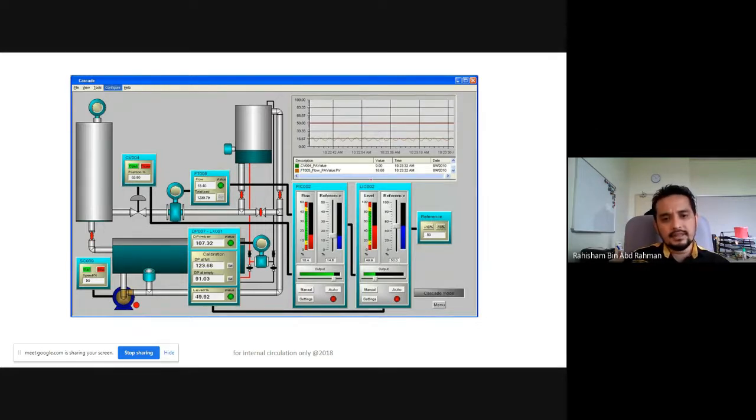Okay, this is rather complicated, several processes in one diagram. We have the water level here, and maybe we have the temperature at this point, and maybe we have the mixing at this point. So the engineer is the one responsible for designing the coding, like this one, PLC instrumentation, so that you can view and actually monitor